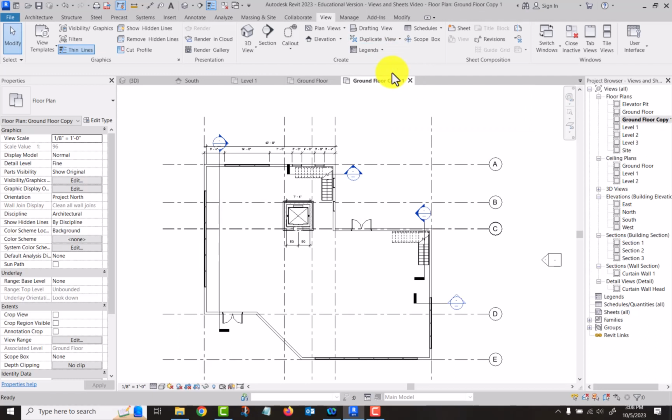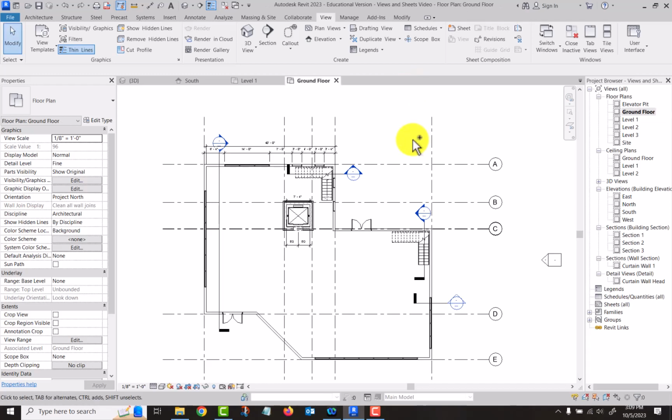And this copies those view specific elements, things like annotations and tags and dimensions and text and things like that. So it copies those things over if you need them or if you don't. All right, so the third method, I'm just going to undo out of that,